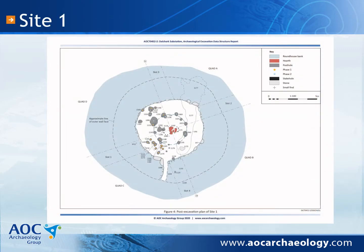So this is the post-ex plan of Site 1, which was what caught most people's eye when visiting the site. Firstly because it was nearest the access track, but also it was one of the most well preserved in terms of standing height of all the four roundhouses that we excavated. The banks survived to as much as about 1 metre high in a lot of places. The roundhouse was 5 to 6 metres in diameter on the inside,